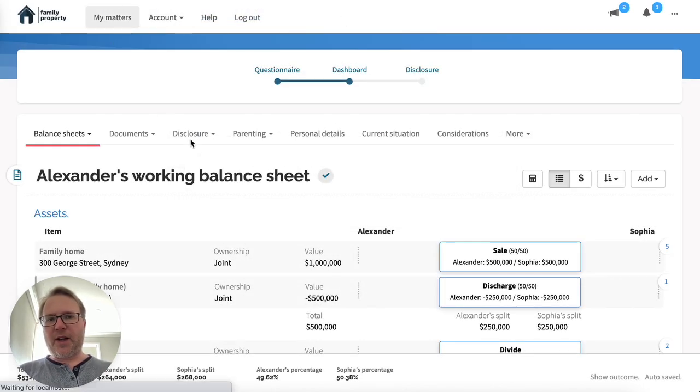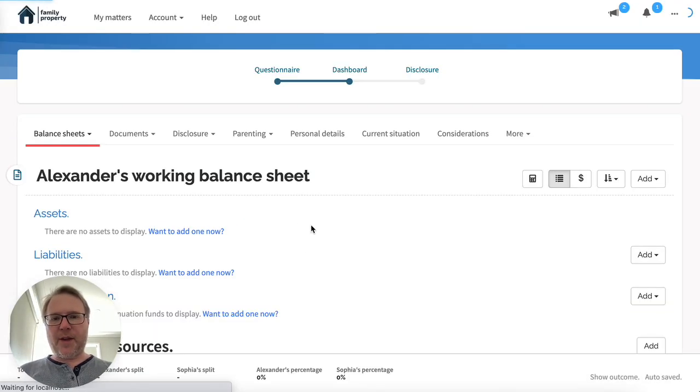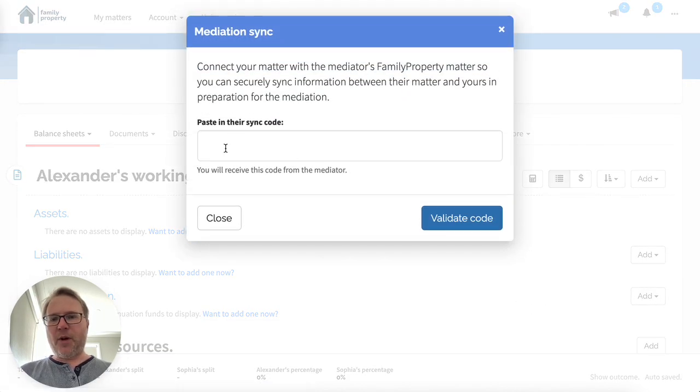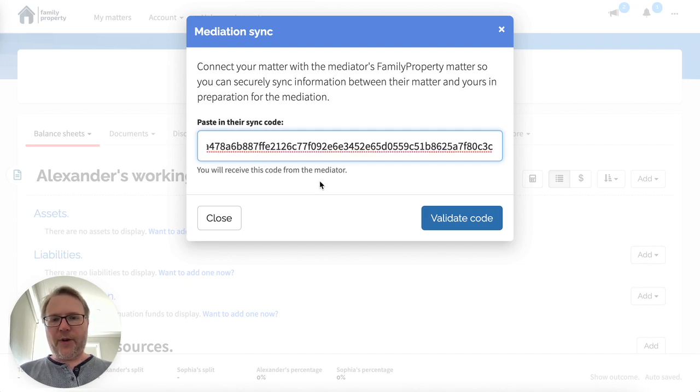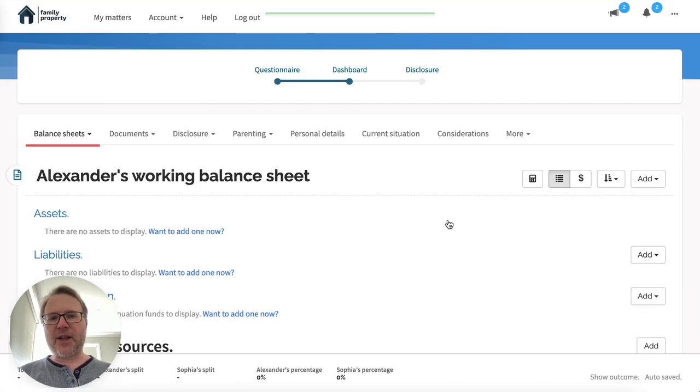Now I'm going to pretend that I'm the lawyer. The lawyer is going to receive your code. They're going to open up their matter, in my case, this one right here, in Family Property. And as the lawyer, you're going to head straight to More, Mediation Sync. It's going to ask you for the code, so paste in the code, Control V, and click Validate. This shouldn't take too long, and then you should get a message that your matter has been